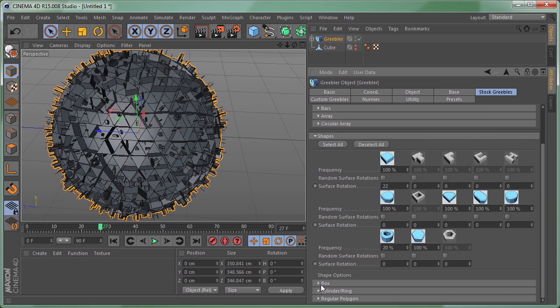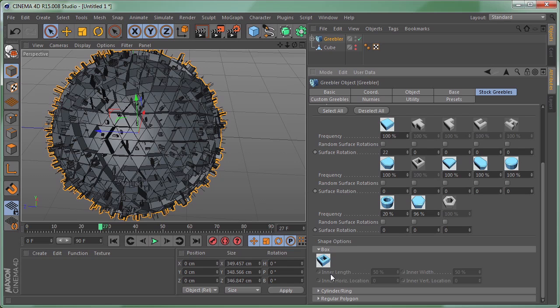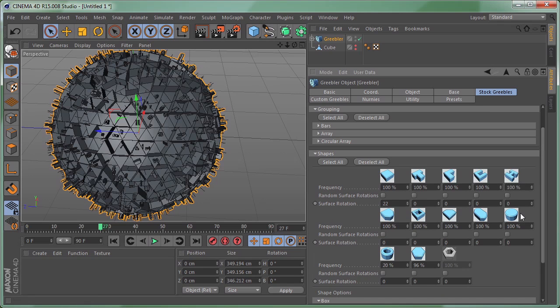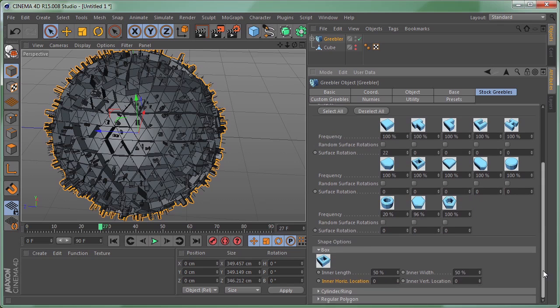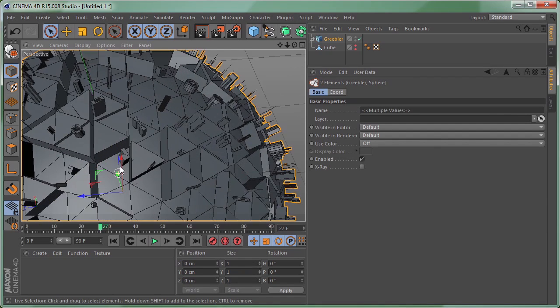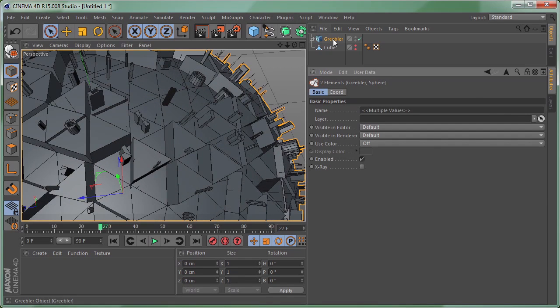So that's clear now. Let's go to the box, and as you can see, we can't modify anything because the box is disabled. So let's enable the box, and right now we can modify, let's enable all of the shapes, and right now we can modify the box. So let's find an example for the box, maybe here. Let's select the greeble,